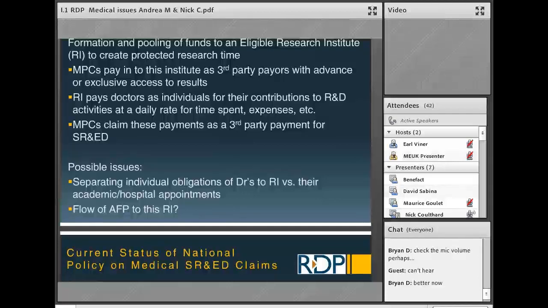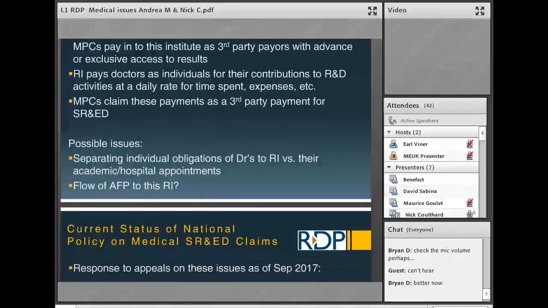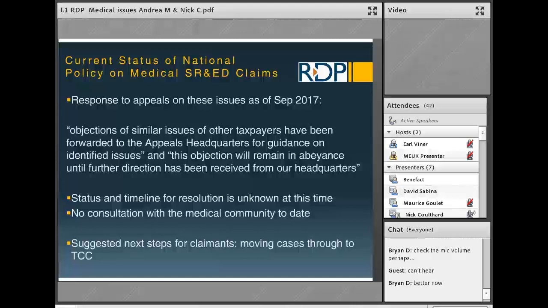They are indicating to us that there is no real national full-on strategy to deal with this, and there really hasn't been any sort of consultation with the medical community on this front. Our claimants are being stonewalled a little bit at this point, so things are being escalated by sending it to tax court and dealing with it there. So we're advising our clients to escalate this as fast as possible, get it into the appeals process, wait the 90 days, and then proceed to tax court. Both groups of CRA, at the office level and at the appeals level, are just really not dealing with this in any